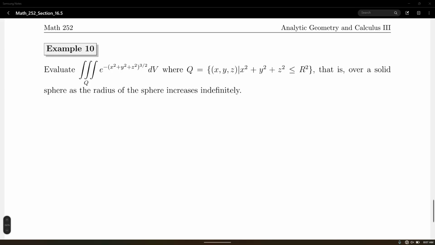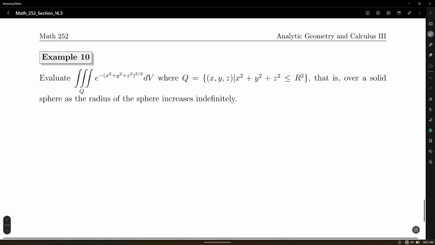That means our integral would look like the triple integral from negative infinity to positive infinity, negative infinity to positive infinity, negative infinity to positive infinity of e to the negative x squared plus y squared plus z squared to the 3/2, dz,